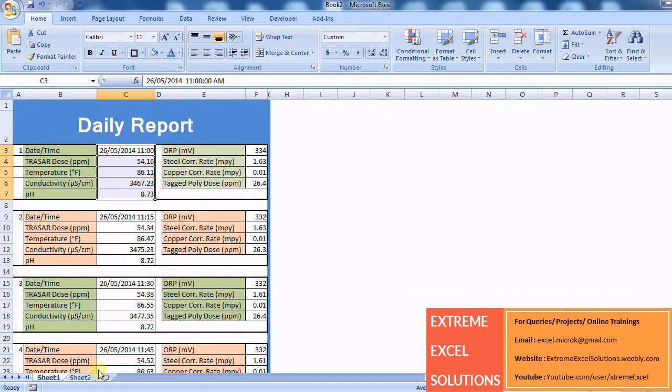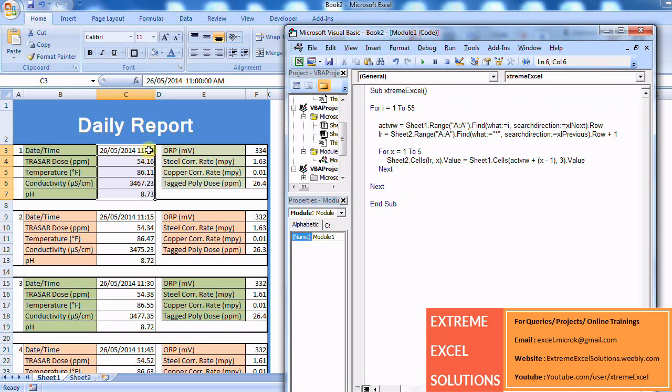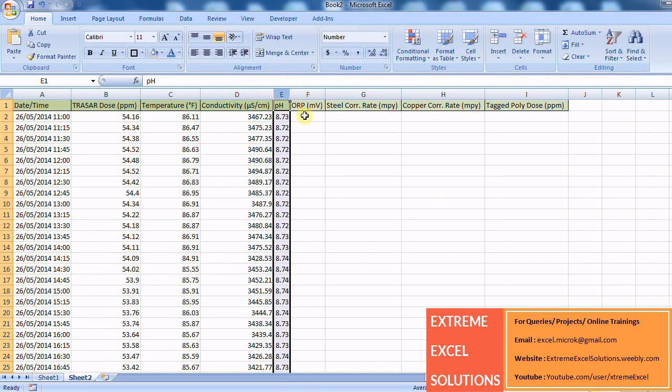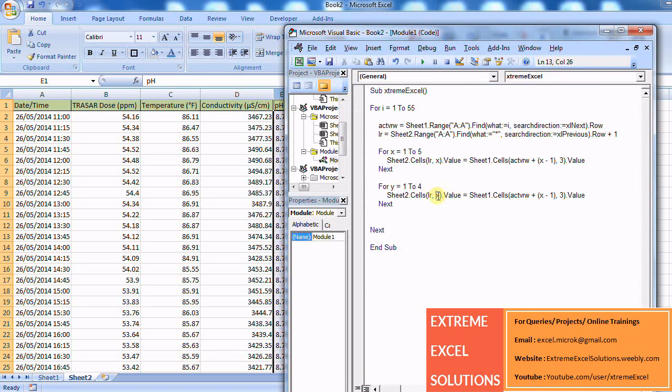So now we are done with these 5 values. Now we need to think of remaining 4 values. So again, I'll be putting same logic here. So I'll copy the same block. Now I can also use x, but to avoid any confusion, I'm using y here. So we have 4 values which you need to pick, and sheet 2 cell LR, comma. Now this value should be pasted in 6th column, 6th, 7th, 8th and 9th. So what I'm doing is I'm adding